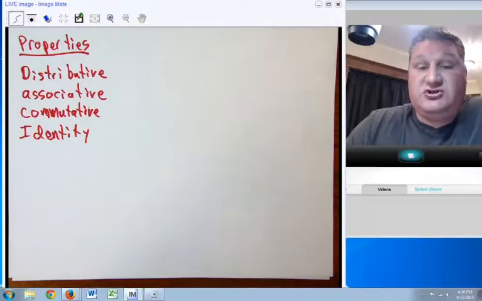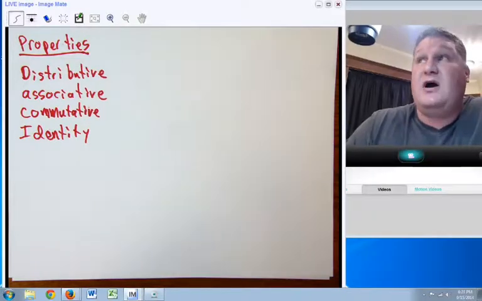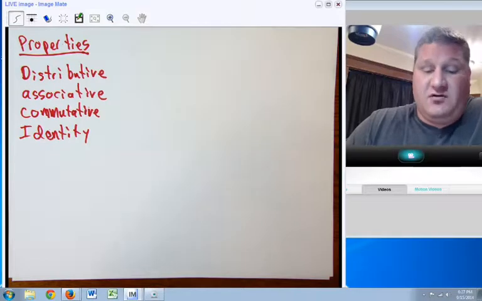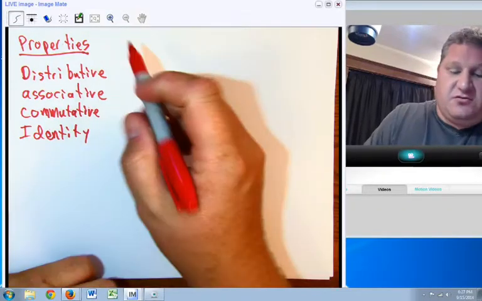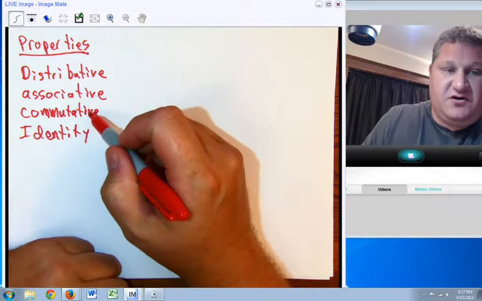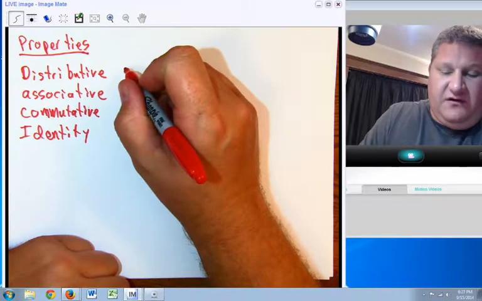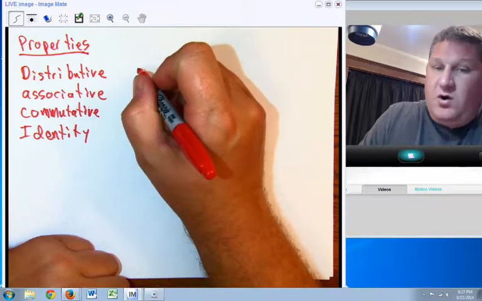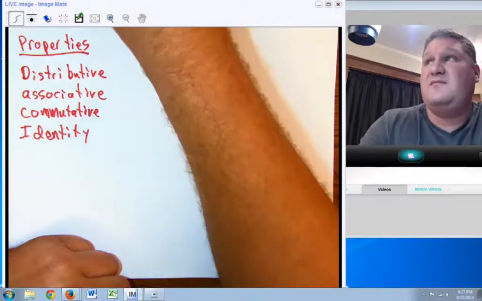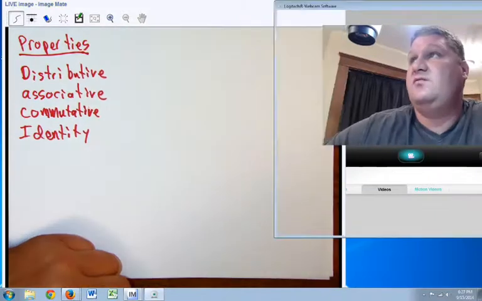Okay, ladies and gentlemen, let's start talking about our various properties. We have a number of mathematical properties, and in this case we're going to start with the distributive, associative, commutative, and identity properties. Now, distributive is a little different in that there's only one of them, and that one distributive property has to deal with